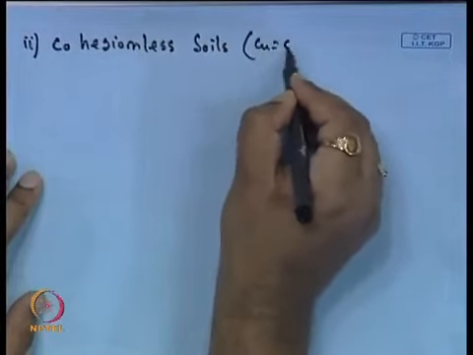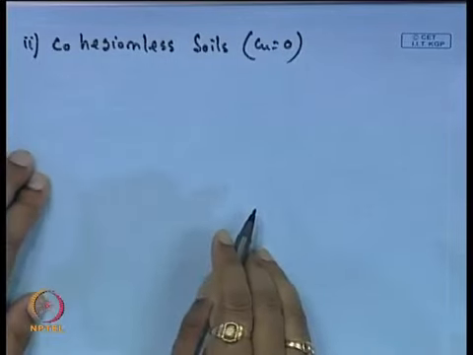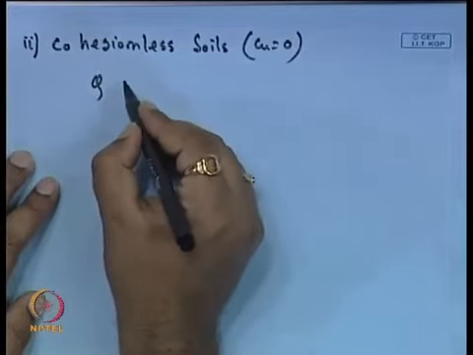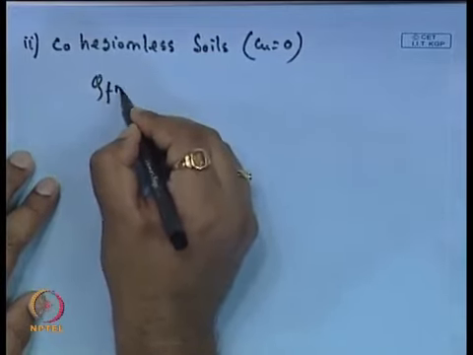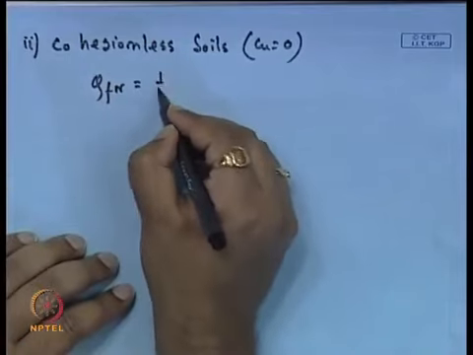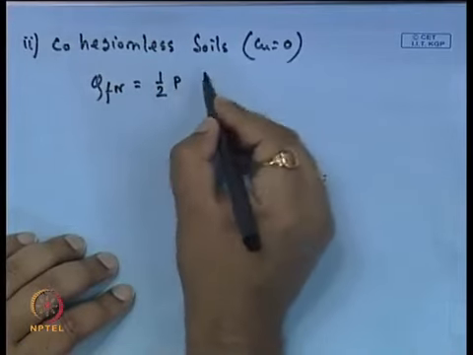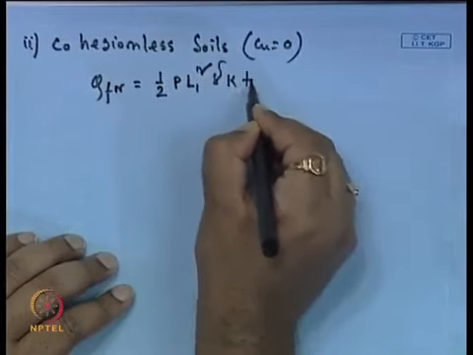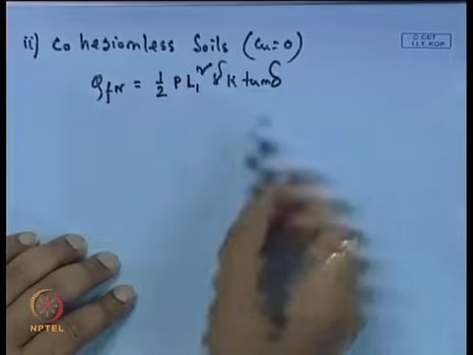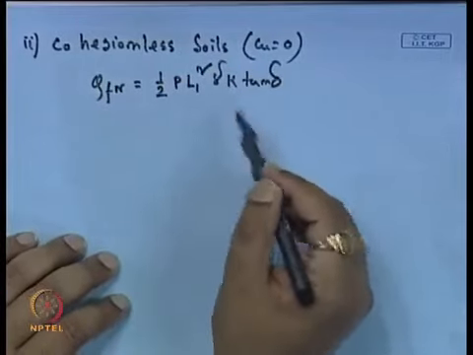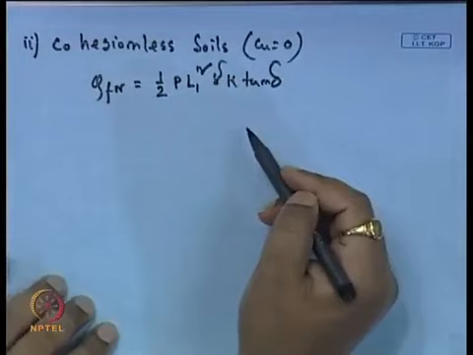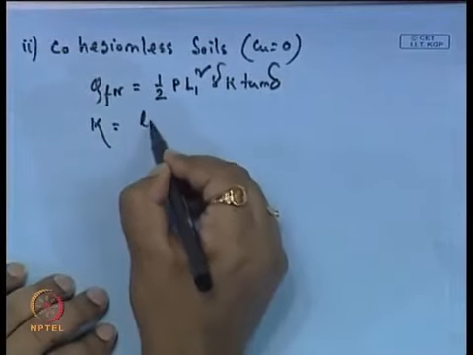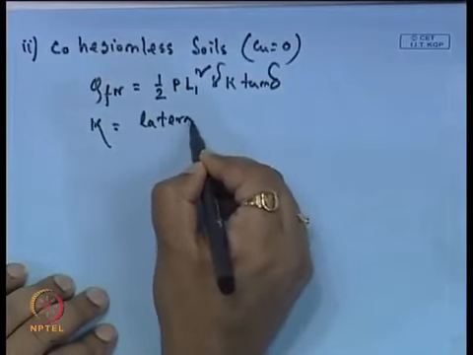Or Cu equal to 0. So, in that case Qfn will be half into P, where P is the perimeter, L1 square into gamma into K into tan delta. This expression is same as the calculation of friction resistance for the cohesionless soil. So, here K is same as the lateral earth pressure coefficient,